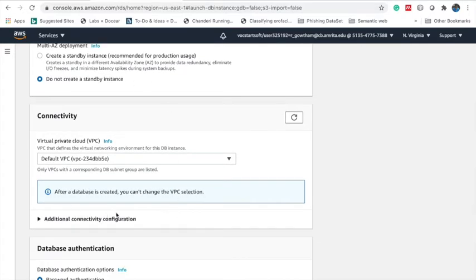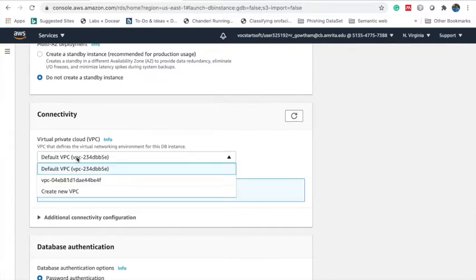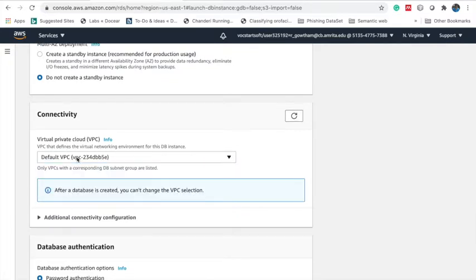As I already told you, every resource will be kept under a VPC. So the resource which I'm going to create, I'm going to leave in the default VPC, which is created by AWS RDS. Click on the additional connectivity configuration.